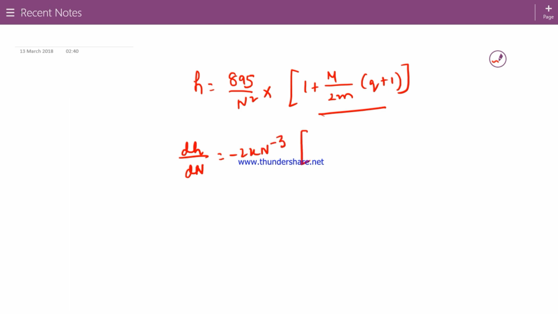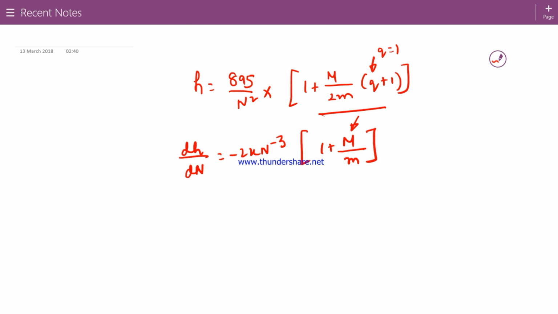So by controlling this, suppose q is equal to 1, so your ratio will become capital M by small m. So by controlling this ratio, capital M by small m, it means by adding weight